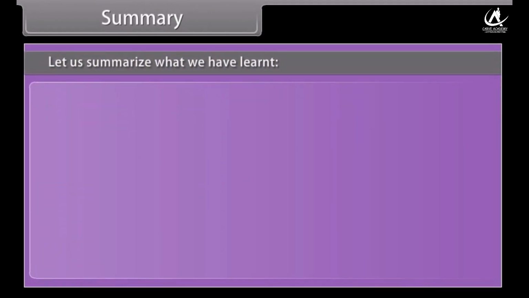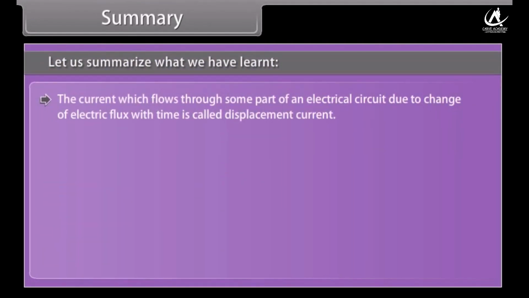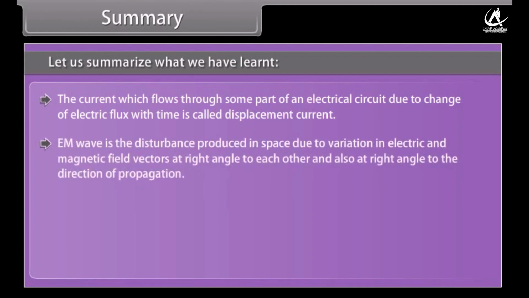Summary. Let us summarize what we have learned. The current which flows through some part of an electrical circuit due to change of electric flux with time is called displacement current. EM wave is the disturbance produced in space due to variation in electric and magnetic field vectors